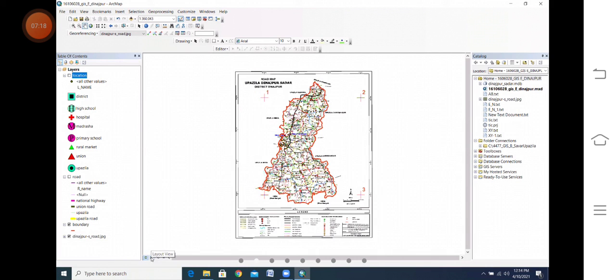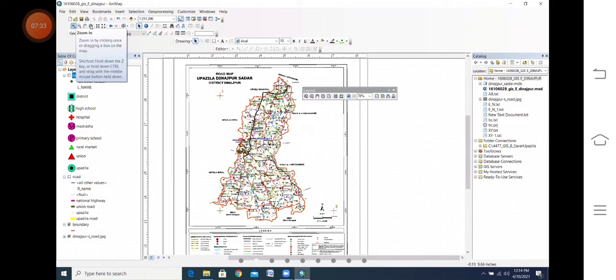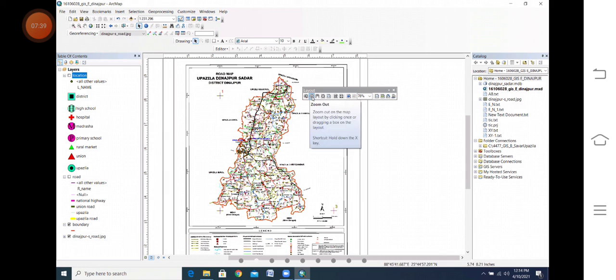Where is my mouse cursor? Look at it. This is the layout view item. It will show you this zoom. You can increase and decrease the image, but this item helps you see the map clearly without changing any item.